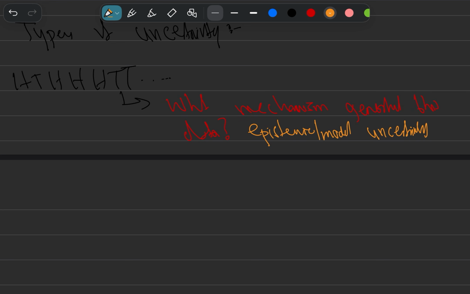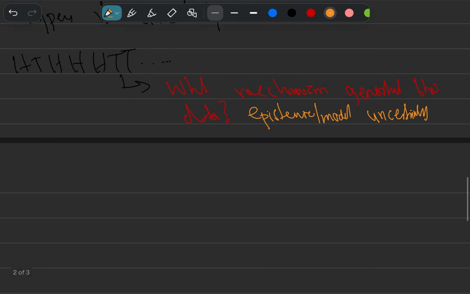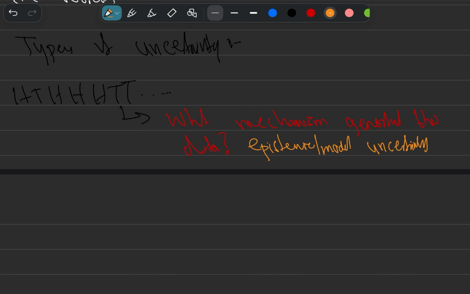Given some data, if we don't know by what mechanism that data was generated, then the uncertainty is called epistemic uncertainty. Now there can be another kind of uncertainty, and that can arise from intrinsic variability. But first of all, let me mention how this epistemic uncertainty can be resolved. Let's take our alien buddy once again, and let's say you just give him heads and tails.